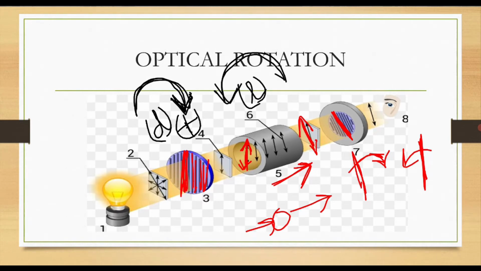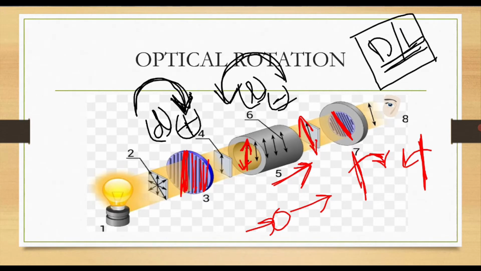small l or minus. Okay, so assigning small d, small l or plus, minus is totally an experimental factor. We have to pass plane polarized light and observe whether it is rotating the plane clockwise or anti-clockwise. But for writing capital D or capital L, we have to know its structure and convert it into proper Fisher projection. So by looking at the Fisher projection, we can assign only capital D and capital L. We can't assign small d, small l until we perform an experiment in which we can observe in which direction the plane polarized light is being rotated by the chiral molecule.